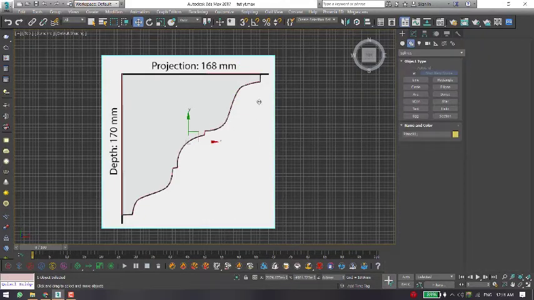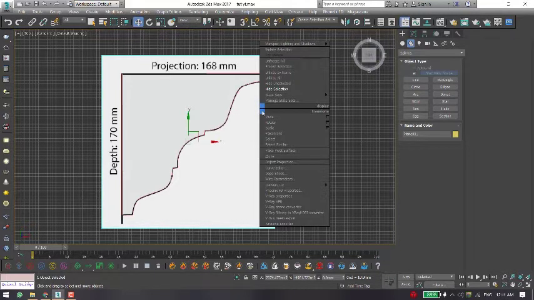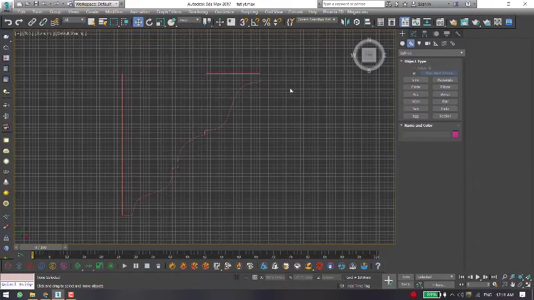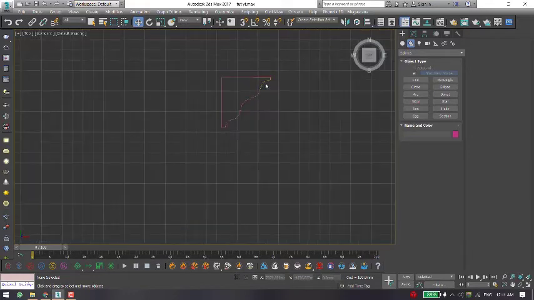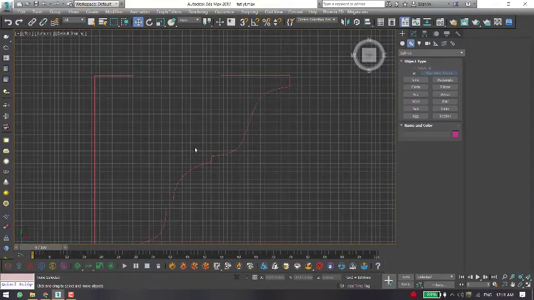So I'm going to click on this image plane, right click and hide this plane, hide selection. So you have a nice cornice profile over here.